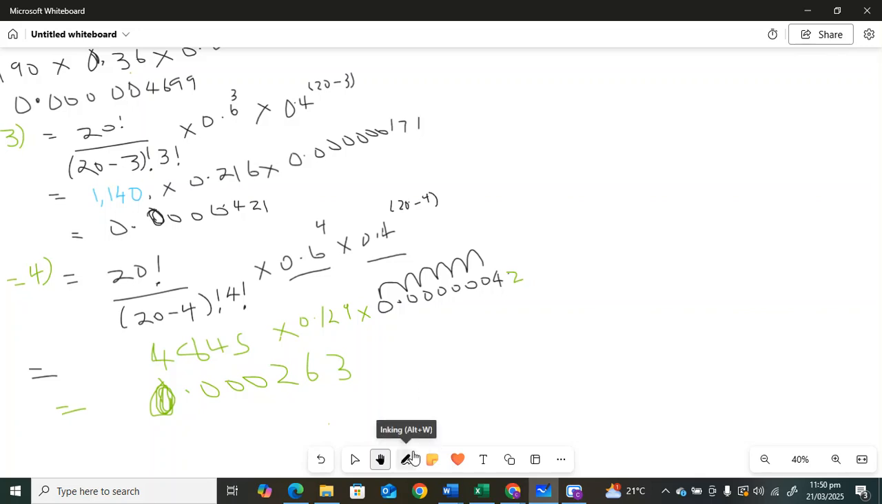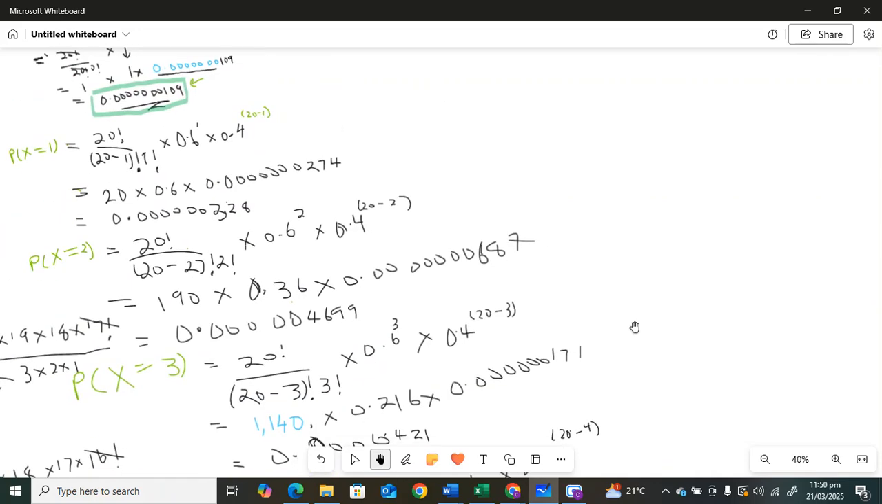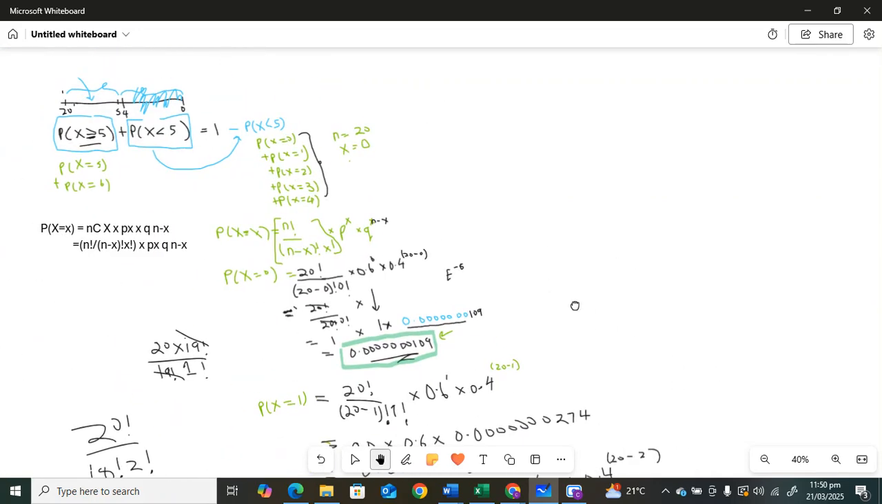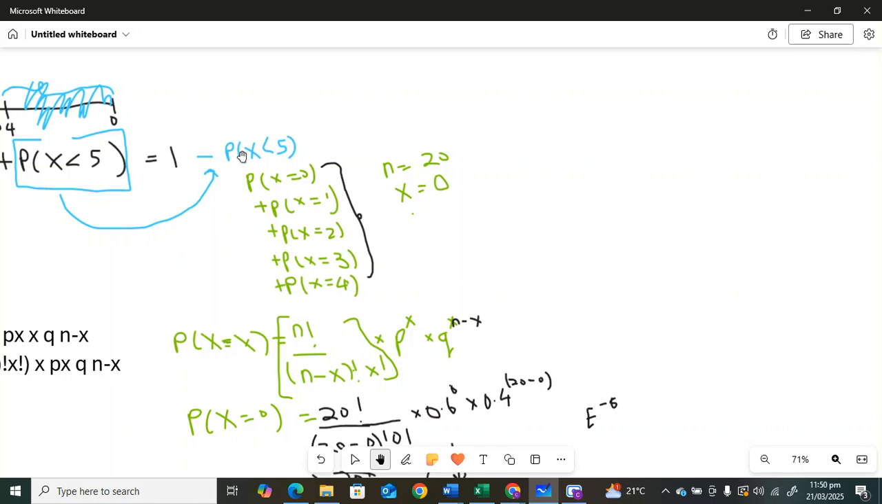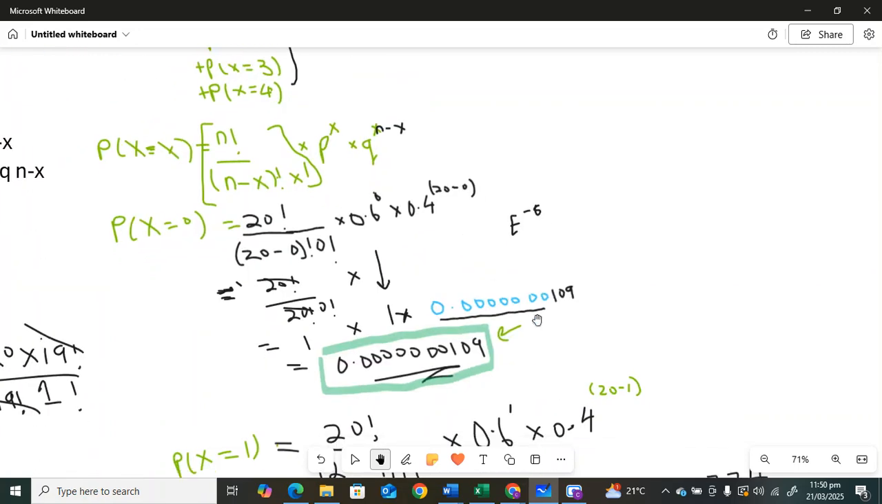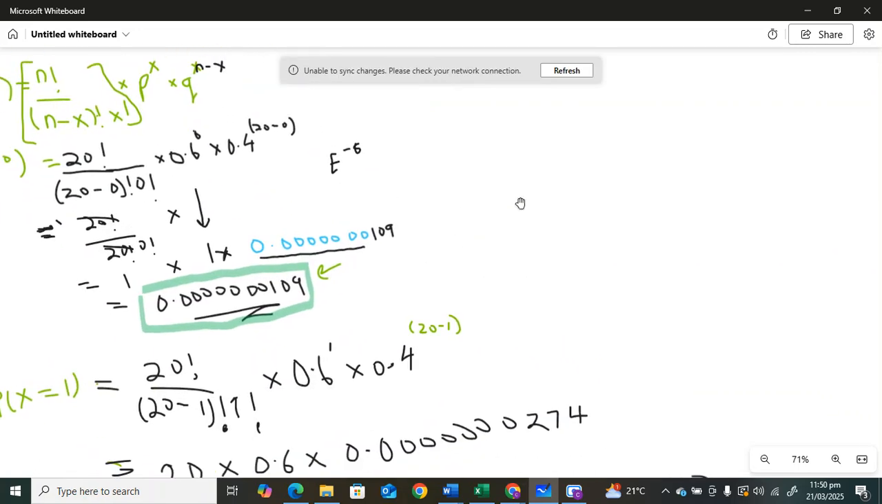So we need to add these probabilities. Because as you remember from the formula here, probability that less than five students prefer working in the banking industry. So we need to add all these probabilities to give us the total probability of less than five students prefer working in the banking industry. So it's